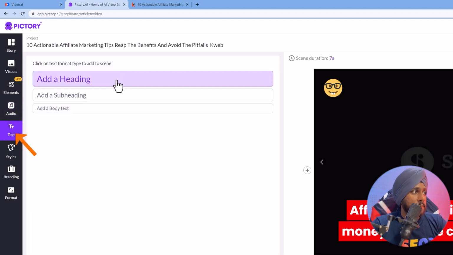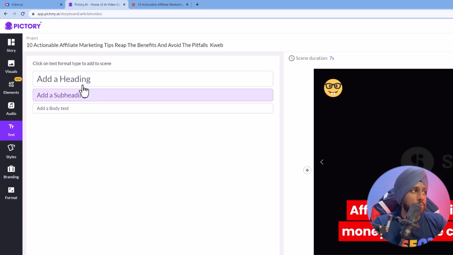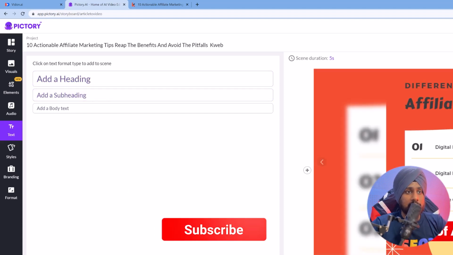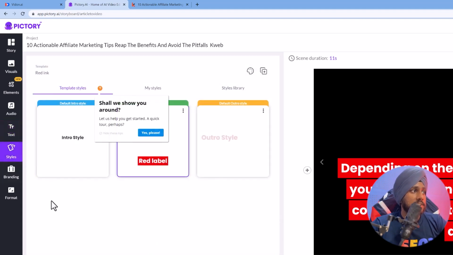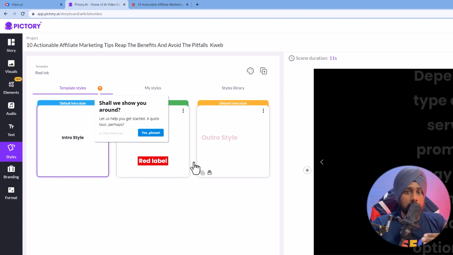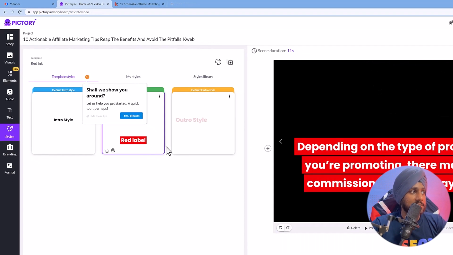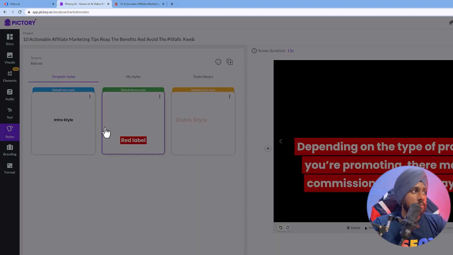And there is a text part. If you want to add some heading to it, you can add a custom heading to any slide. Just click on the slides and you will be able to add a custom heading to it. And there are styles available, like intro style. You have different intro styles like here, and if you want a label to it, which is already shown on the video. And there's the ultra style,